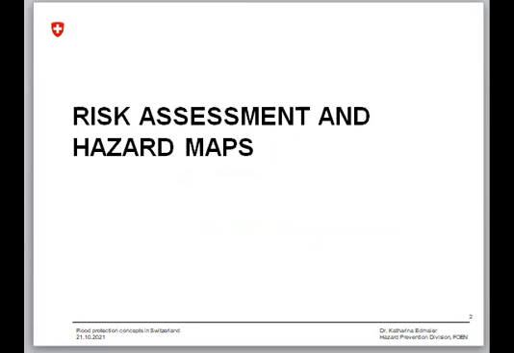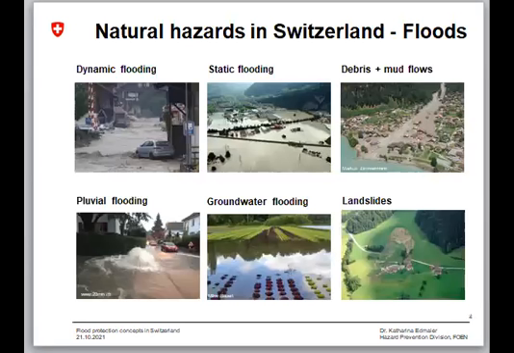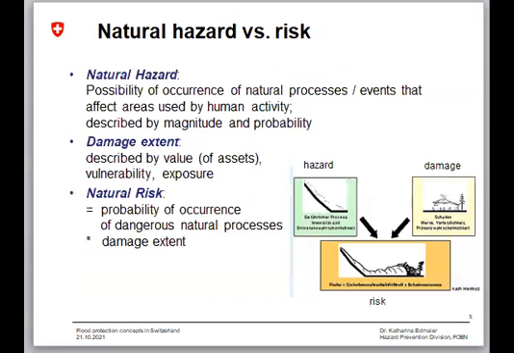So let's start with the risk assessment and hazard maps. In Switzerland, we are dealing with different flooding processes, as I can imagine are you as well. We do not have any oceans in Switzerland. This is a type of hazard that you might deal a lot with, that we absolutely lack in experience with. But still the diversity of processes is quite wide and is illustrated in this slide.